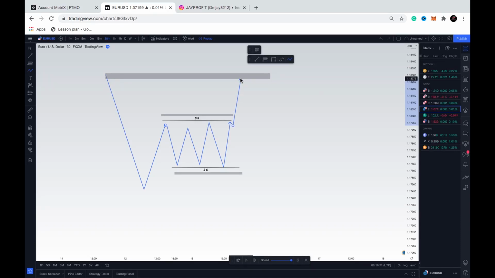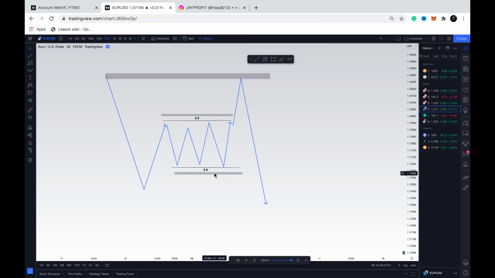Once they push the market up, they will clear out every stop loss of retail traders around this area. Once they do that, they will close their buy position, and the market will have to return for them into a premium level or a point of interest that we want to enter the market from. So once they have taken out these stop losses of retail traders, they will go in for a short trade, and then boom, they sell off the market and come forward to this stop loss right here.